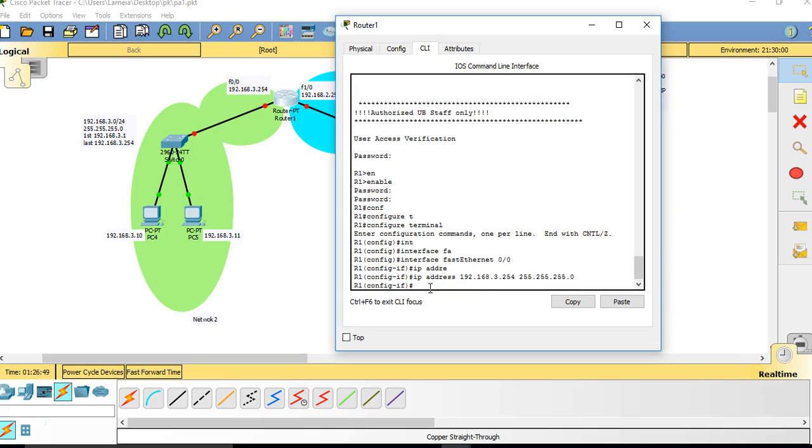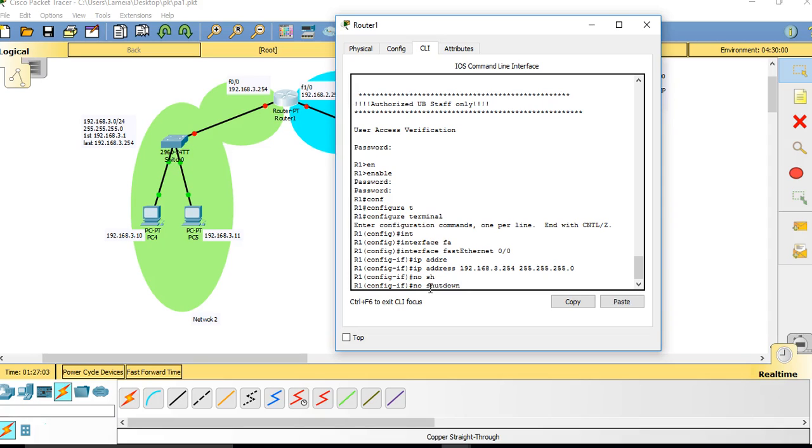Enter. And each port of the router is in shutdown or off mode by default. So we need to do no shutdown. No shutdown. Follow with me, this link now. After I give the IP and no shutdown,